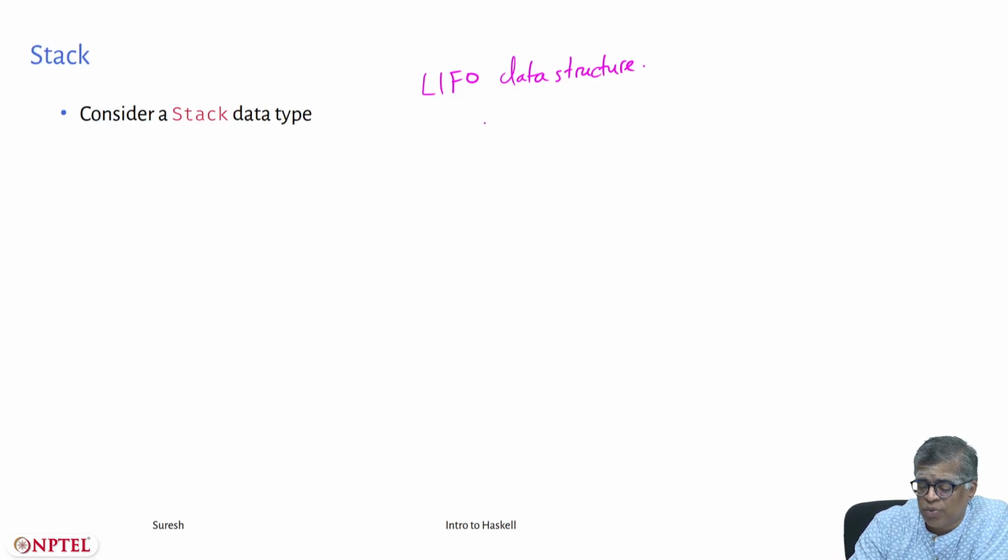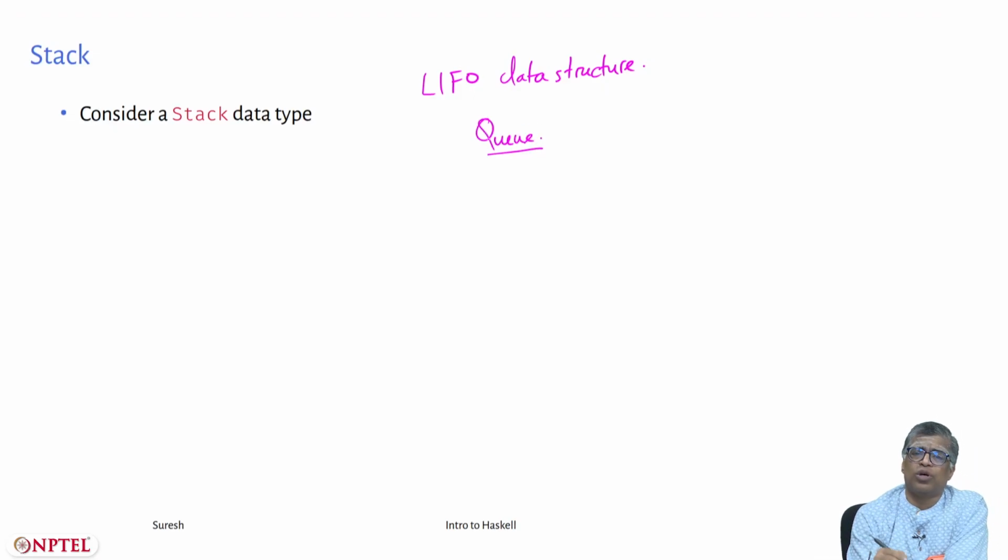This is to be contrasted with another data structure called queue, which we will see. Queue is also a very natural kind of data structure. We will see lots of real life examples of queues. You join a queue, the first person to join the queue will be the first person to get out. You join the queue at the end and people at the front get out and the queue slowly moves on. Okay, so that is a queue. We will look at stacks this time.